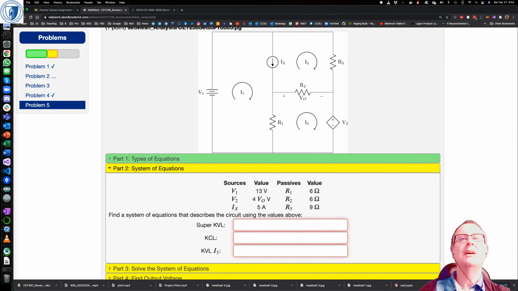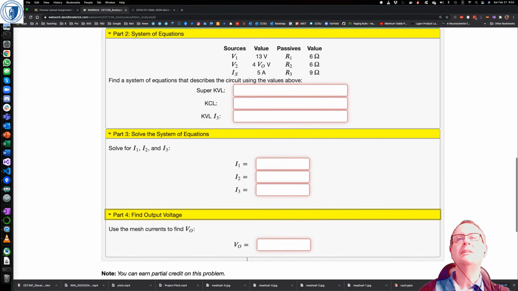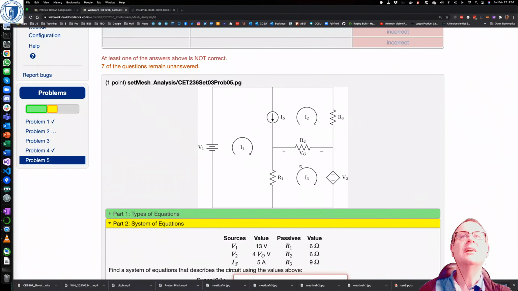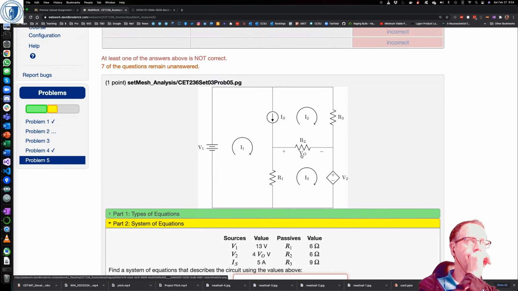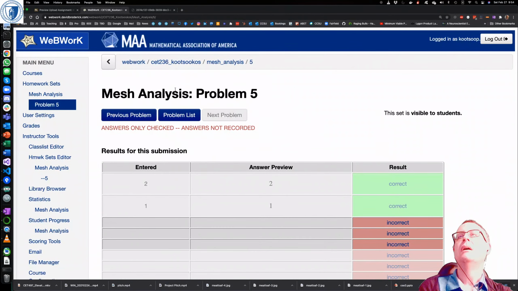And then it asks you for the super KVL, KCL, and then the equation, and then what's the output voltage. In this case, the output voltage is defined as here. Everybody okay with that? Yeah, so